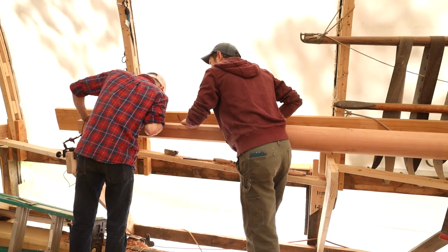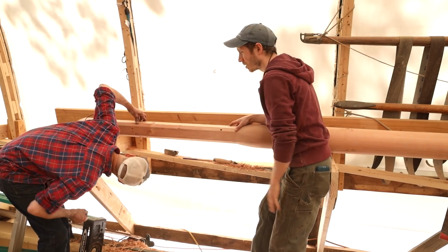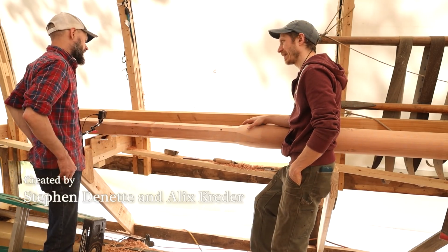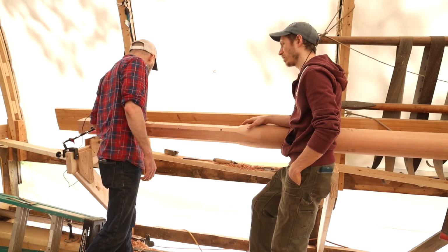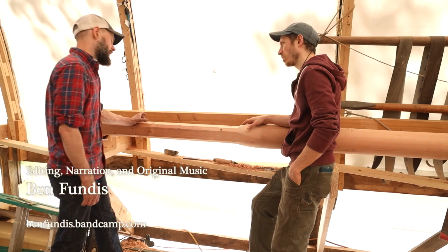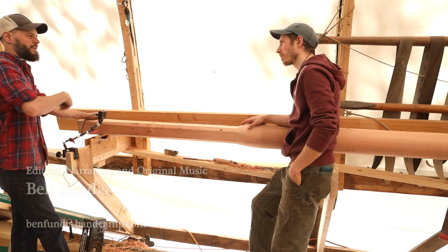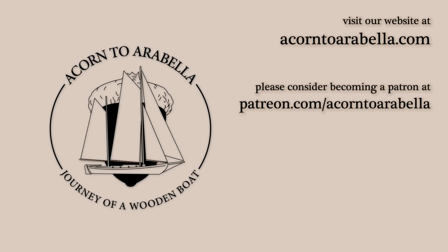Oh, maybe not. Maybe take one of the little picks and get in there, but I also don't know. That goes, I think, all the way through to here. So that's a lot to drill out in one place. Can I not just drill out to the middle? Might be able to. Maybe grab one of the thin picks and just see how deep it goes. And if the pick bottoms out and it's half an inch deep, then maybe drill down and fill, or maybe fill it with epoxy. The only thing is this is going to be varnished, so anything that you fill with epoxy is going to